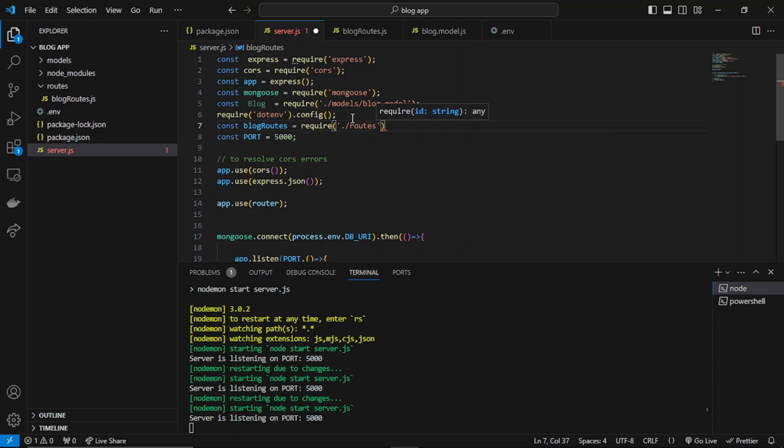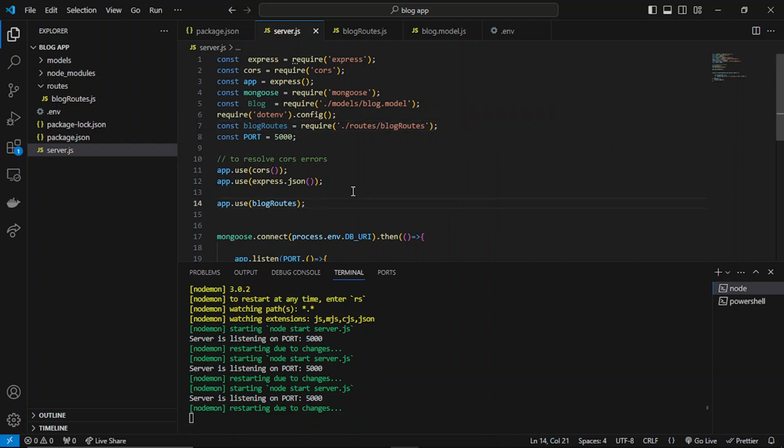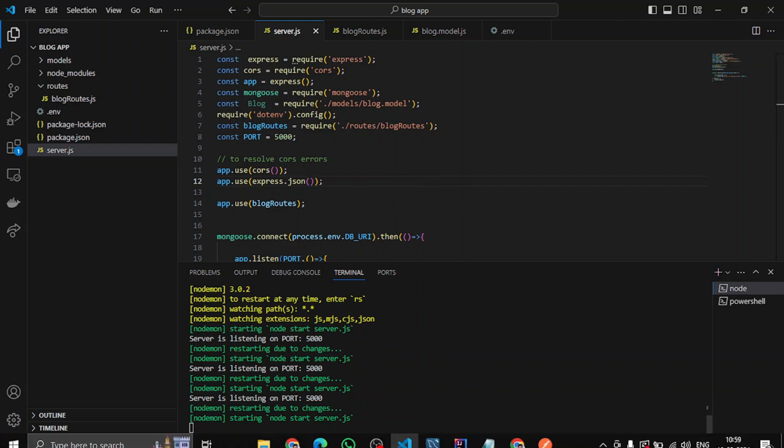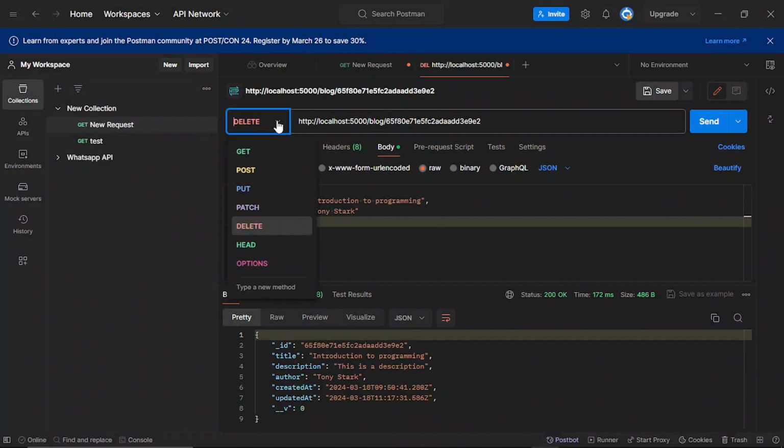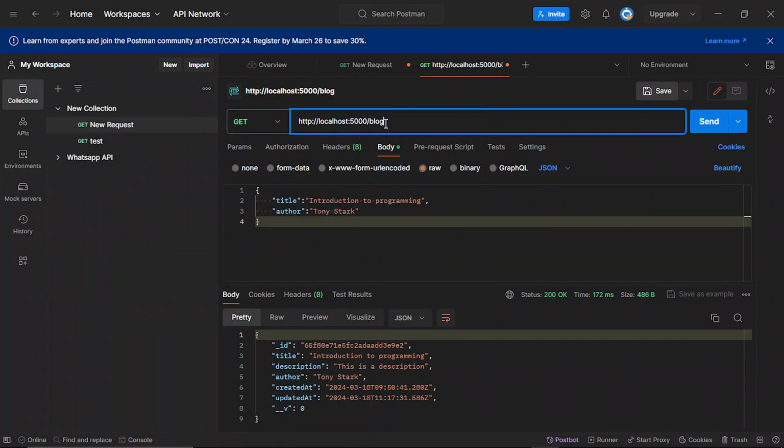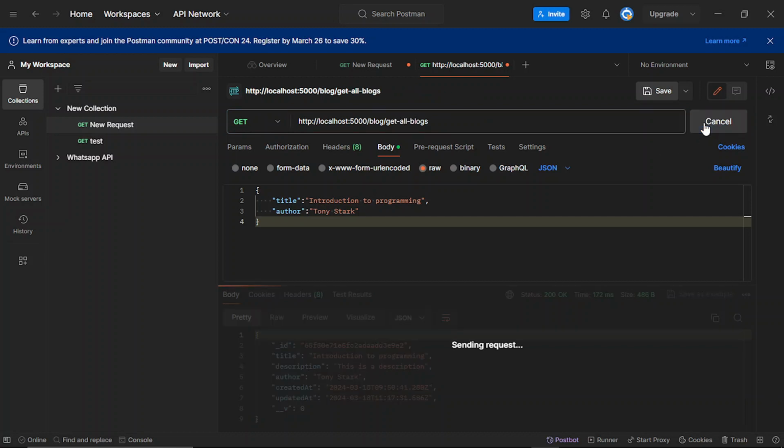Here let's grab the routes folder, and then we have blog routes. Simply I'll use this. If I do that, and if I check it with Postman, let's say we make a get request and we get the routes, get all blogs. If I make the request,